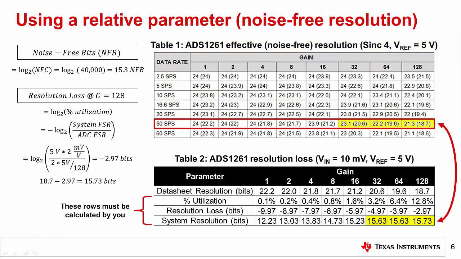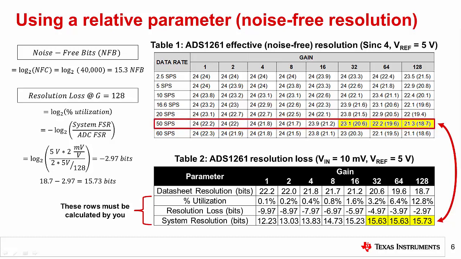This device features gains from 1 volt per volt to 128 volts per volt and can sample up to 40 kilosamples per second. However, since our target data rate is 50 samples per second, we will keep things simple and only show data rates less than 100 samples per second using the Sync4 filter. At first, it appears that all of the highlighted noise-free resolution values meet the target since they're all well above